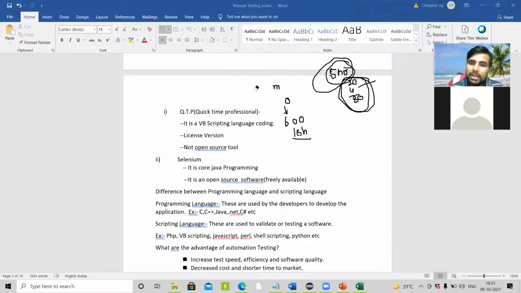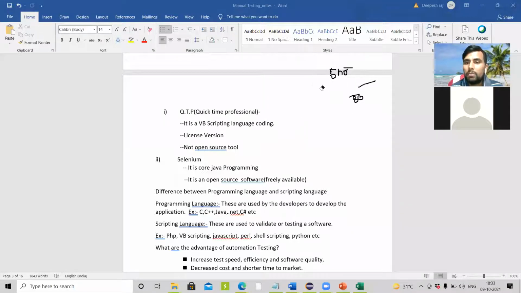Right, design the scripts whenever the customer comes with new requirements. When you have to go and test the previous features, the scripts are already written, just go and run them. So what they are doing, before release they are going to run those scripts. Okay, so these are the advantages.